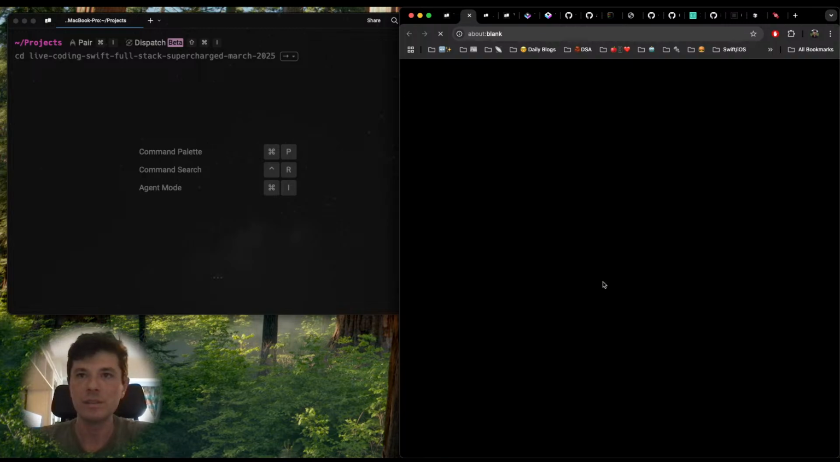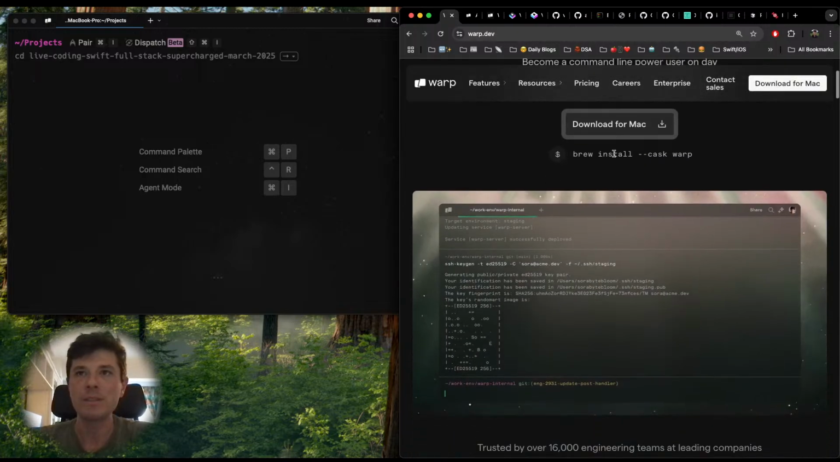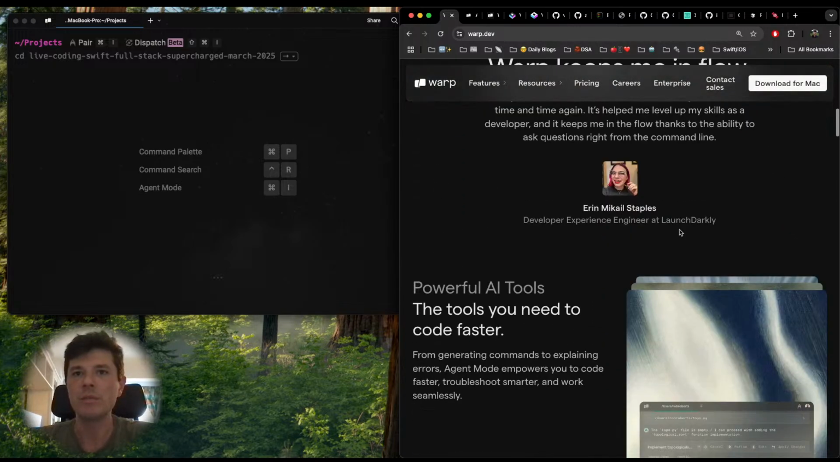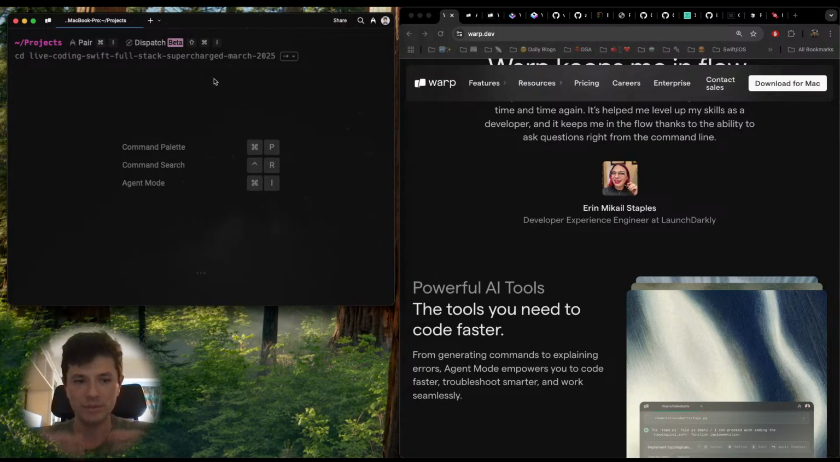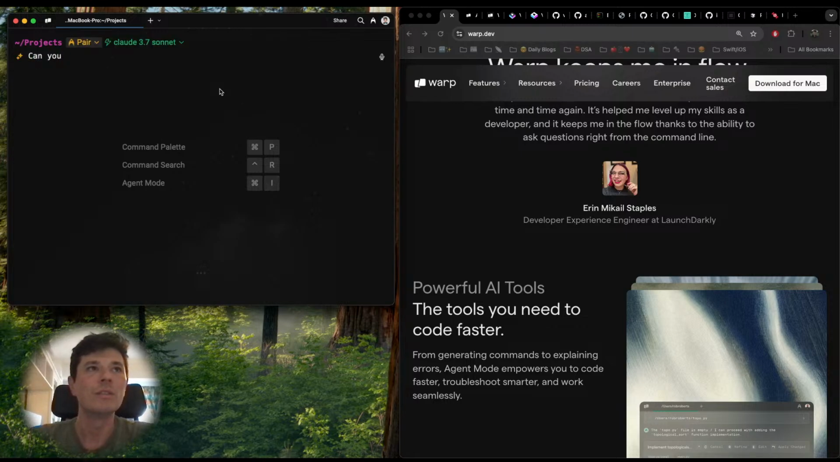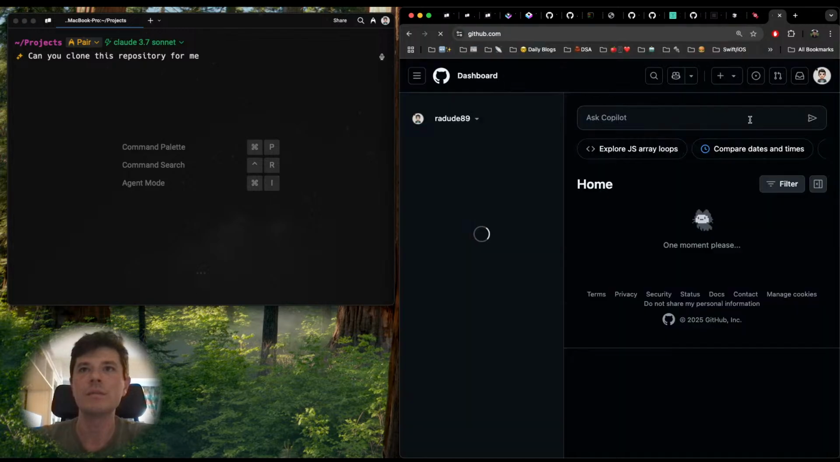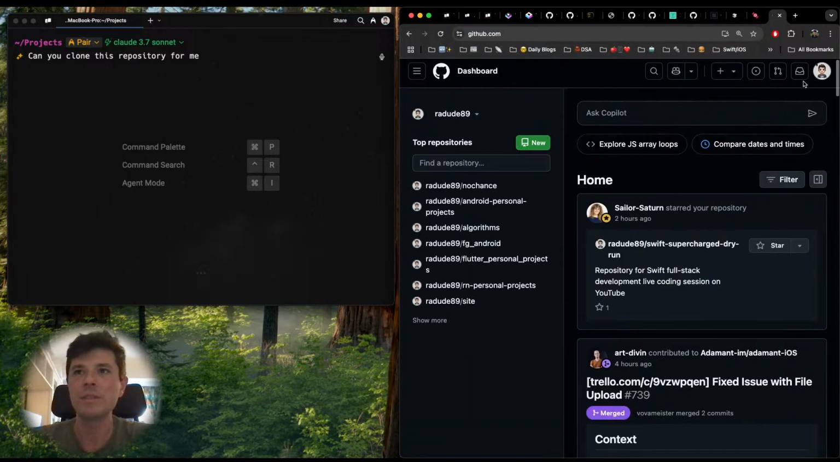website, and you can install it by brew or download it for Mac, and here you have some information about it. It's essentially a very powerful command tool where you can type naturally in English, and you can ask different chat agents to do something for you without learning the specific commands. Like I could say, can you clone this repository for me? And here I can place the one that I created previously